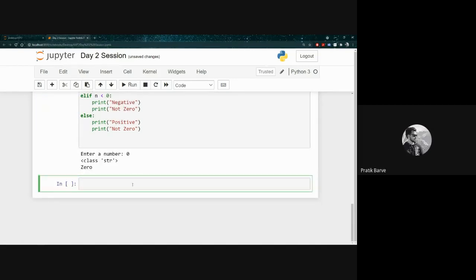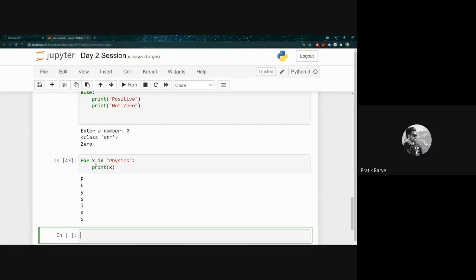So now for loops. We can use a for loop to iterate over a sequence of statements. We'll give a simple example from our tutorial itself. So for x in the string physics, we'll just print all the letters. So what this does is